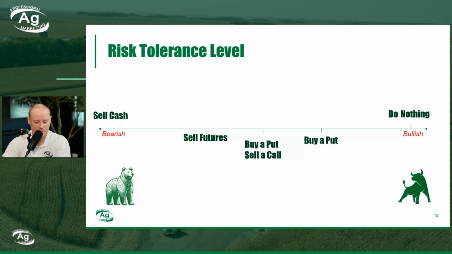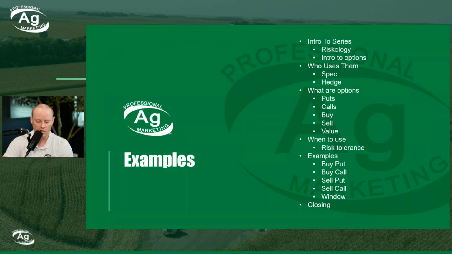So those are just a few ways of, if I'm bullish but I need to protect price, maybe you float somewhere in the middle using options. If you're super bearish and need to protect corn at these prices, it's profitable, it's the right time of the year, all the boxes seem to be checking, then maybe you're just selling cash or selling futures. So let's talk about some examples, because the best way to understand options, in my opinion, is to work through scenarios of how they work.